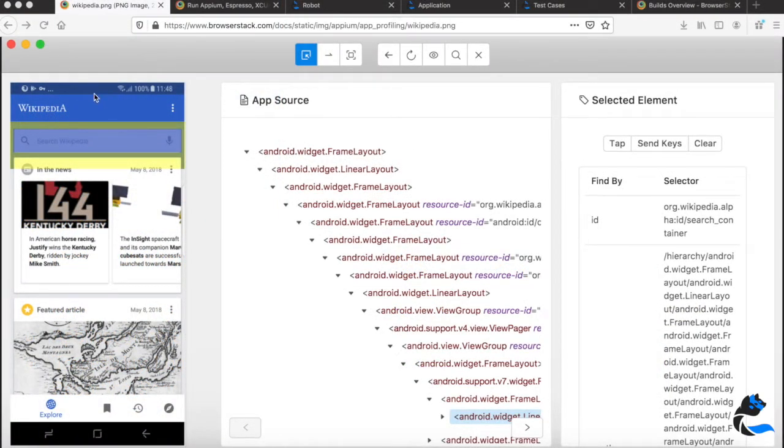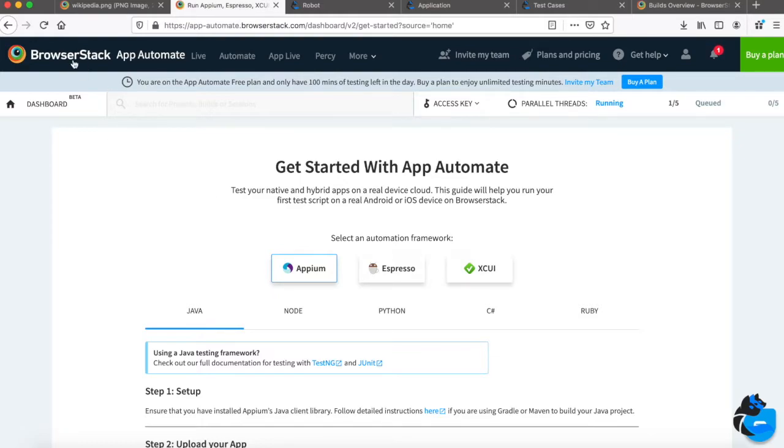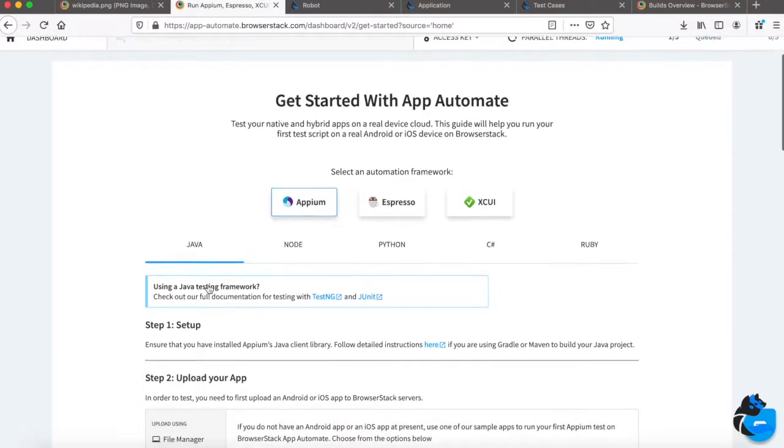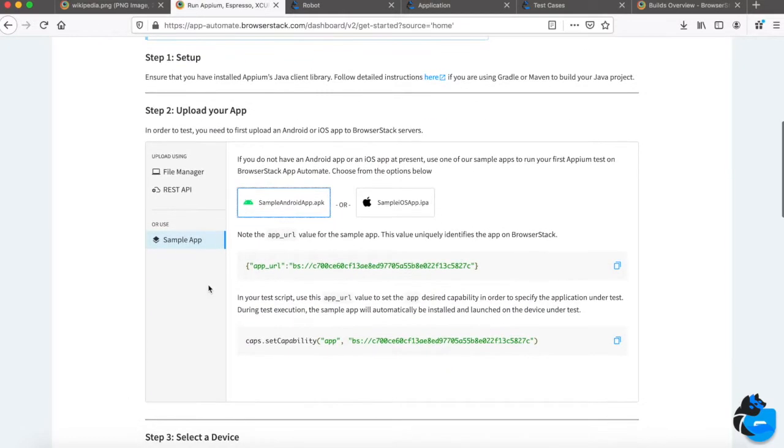Okay, so the first test will be on the Android device and on the simple browser. Here we can see visually the path of the various Android elements that we'll use in our test verification. The first step you need to do, in our case using BrowserStack, but it can be the case with a local Appium server or other types of remote services, is to go here and first decide if you want to use an existing app or upload your own one using the file manager or REST API.